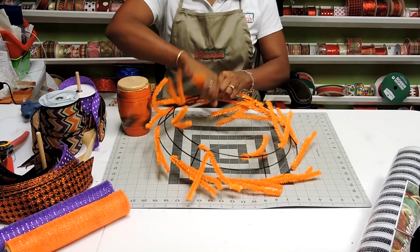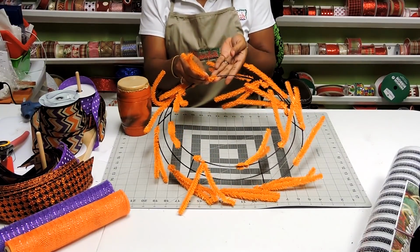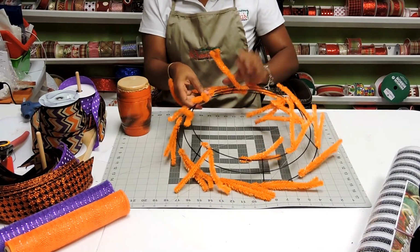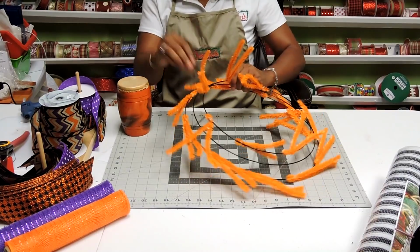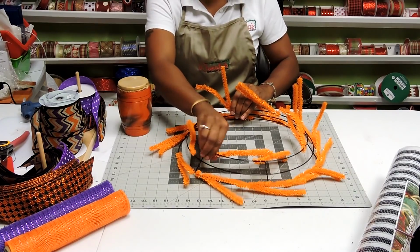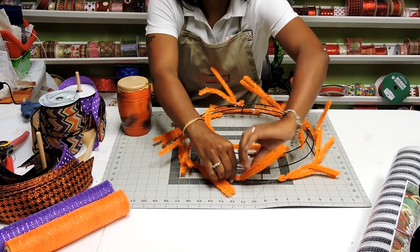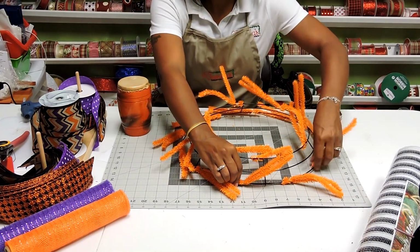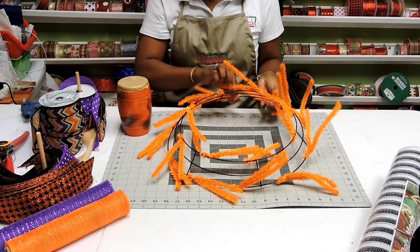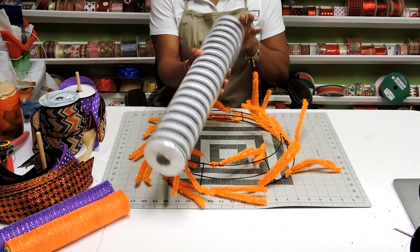Alright, so I'm going to get this ready. And all I'm doing with this is just making sure that it won't scratch people's doors. So you just want to take it and, if you're feeling underneath here, just make sure that you don't feel the tinsel tie. If you don't feel it, then it probably is not going to scratch the person's door. Just make sure that they're not sticking out. Checked all of them, and now I'm going to take this beautiful